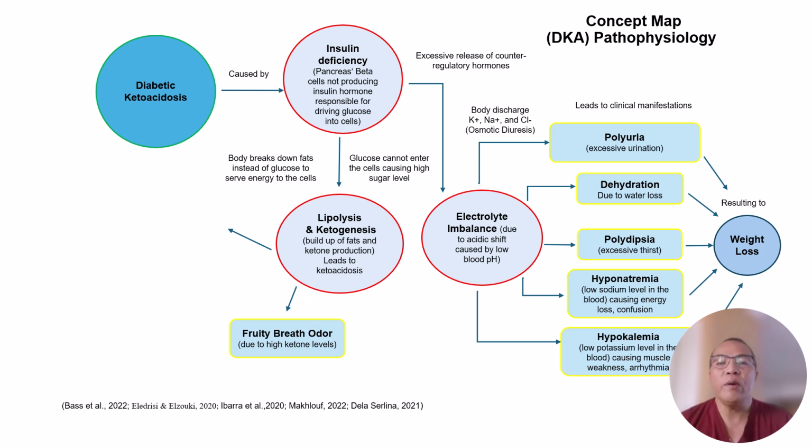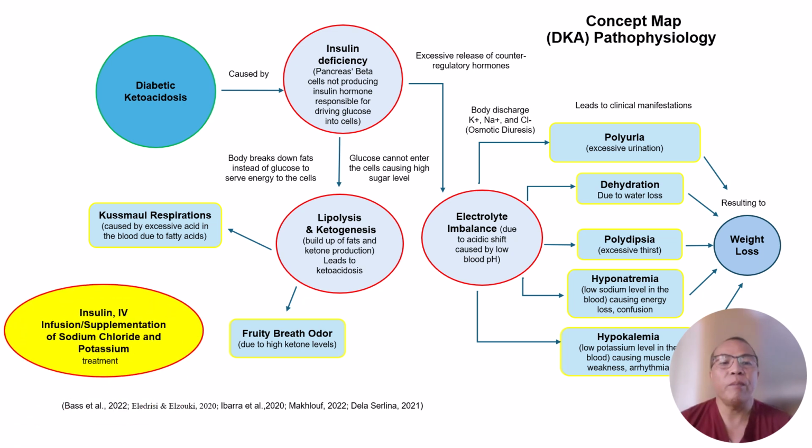And as the body tries to reduce blood acidity by exhaling more carbon dioxide, there is a deep, labored breathing known as Kussmaul breathing. This is another compensation mechanism for the high acidity that moves hydrogen ions into the cells in exchange for potassium, increasing potassium levels in the blood. But as potassium is constantly excreted in urine during osmotic diuresis, the overall potassium level in the body is eventually depleted. However, this can be treated by administering insulin, an infusion of sodium chloride, and potassium supplementation, of which James